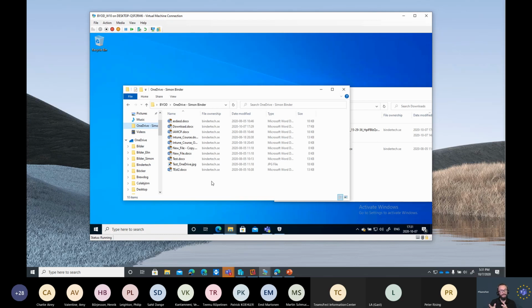So in this way, I'm able, by combining Microsoft Cloud App Security, Windows Information Protection, Teams features, and conditional access, to ensure that I could allow my users, my colleagues, to download data on their personal device, and I would still be able to control what happens to that data, protecting it from leaking to untrusted cloud resources, or even to be stored on USB drives or something like that.